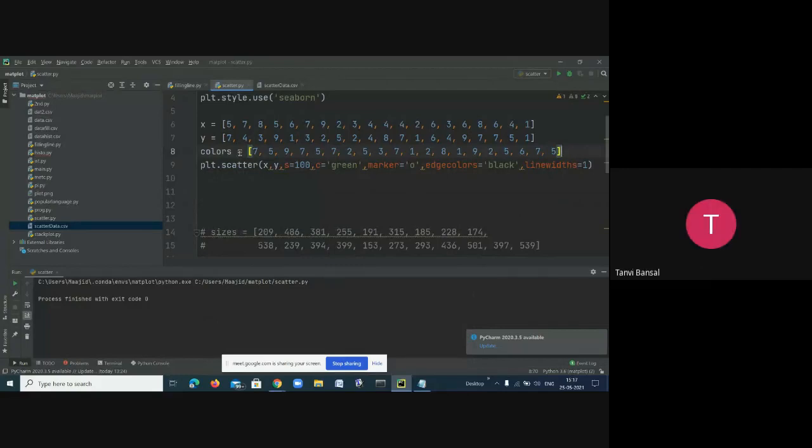So when we want to know about the data, like in which range the data is coming, the higher-level color mentions the higher data. So according to our given colors, we can know about it.